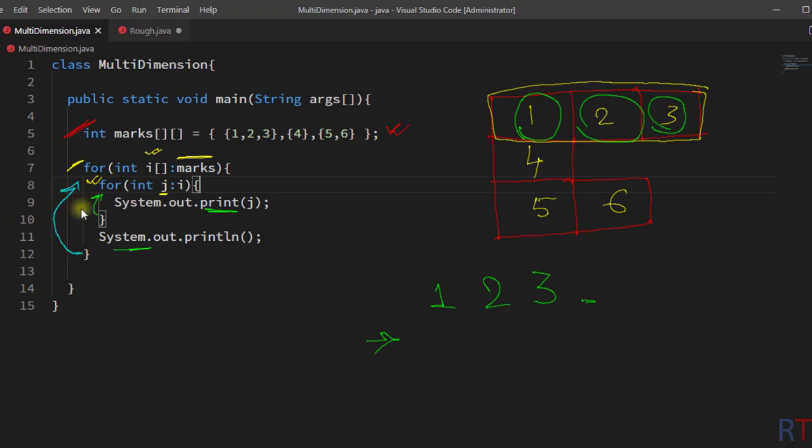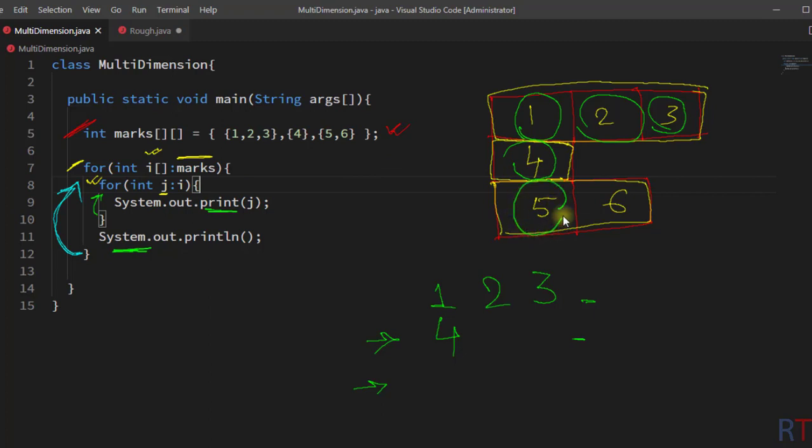Then the loop will go to the beginning of the outer loop, and this time the array i will have the second row. Inside the inner loop the j will access the element 4 and print it onto the console, and then the inner loop will break and again we have the println method, so the pointer will go to the next line and again the control will go to the beginning of the outer loop, and this time the array i will have the third row, and similarly j will access all the elements of array i.